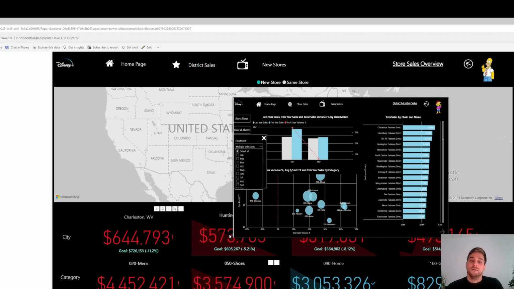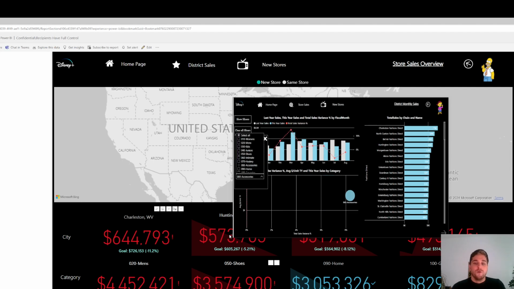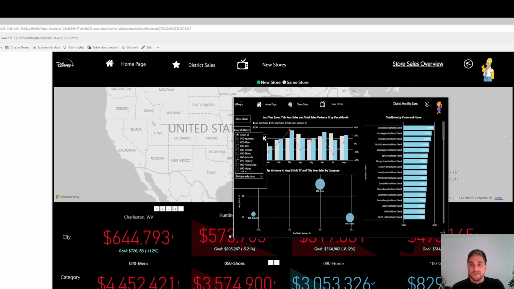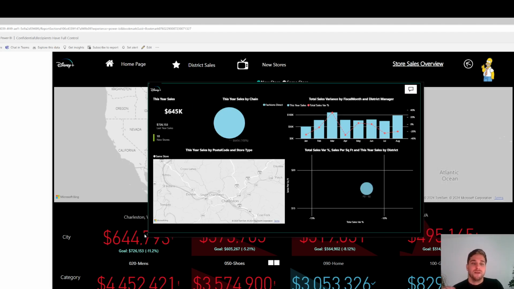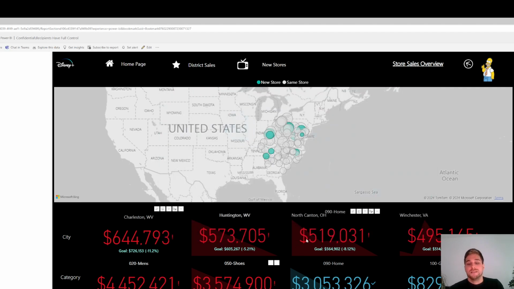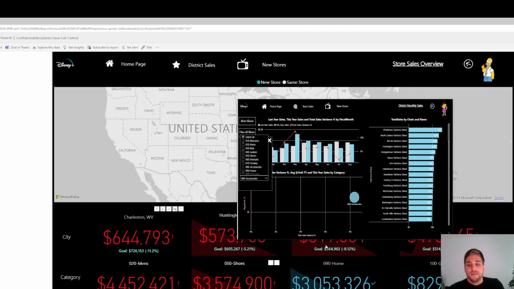There are use cases for some learning purposes or to help the user navigate through your report. Me personally, I prefer more static, where I can highlight and focus a bit more on the data. But nevertheless, the GIF option is also possible, and there are also use cases for that.